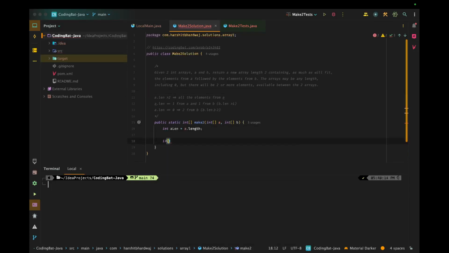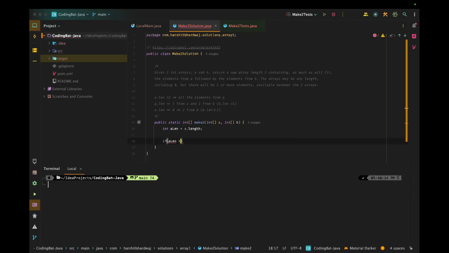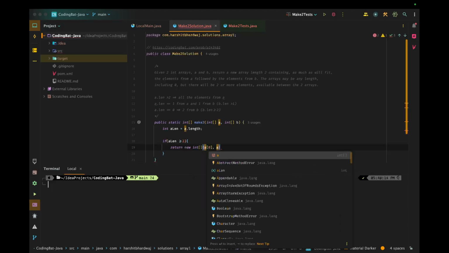In case A len is greater than or equal to 2, we can fetch all the elements from A. So we can return an anonymous integer array and fill it with the first two elements from the array A.